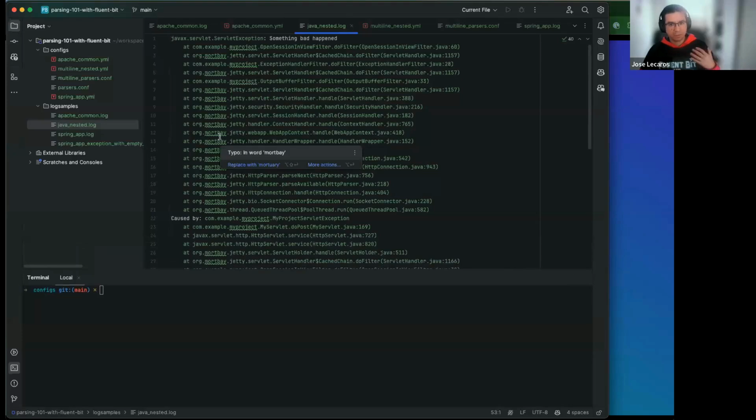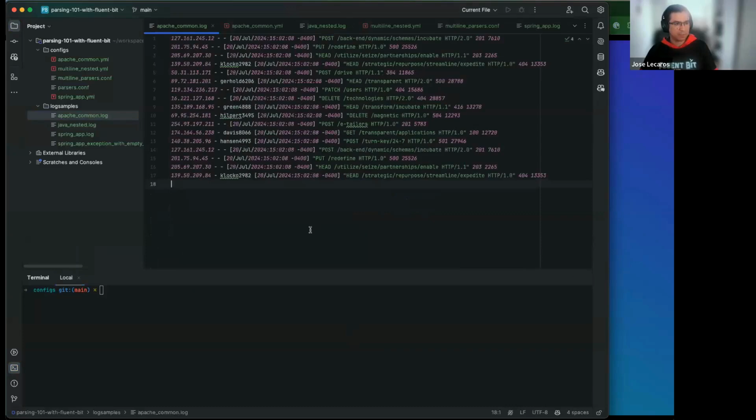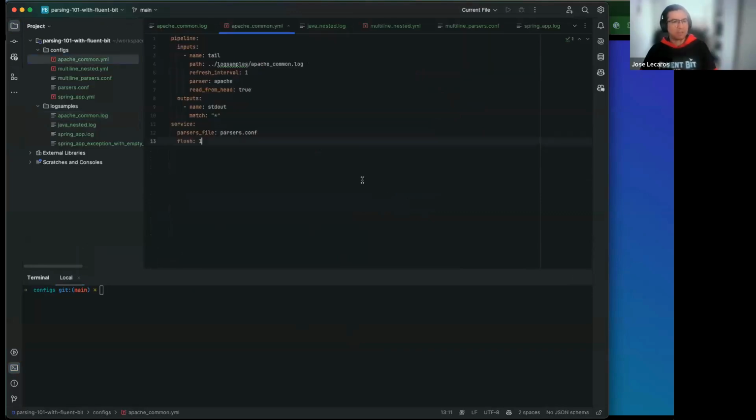Now we're going to continue with this. We're going to add some missing examples, and let's do this. So I'm going to show for context this one, which was the Apache common. For this Apache common format, we generate these samples, and we did some processing with